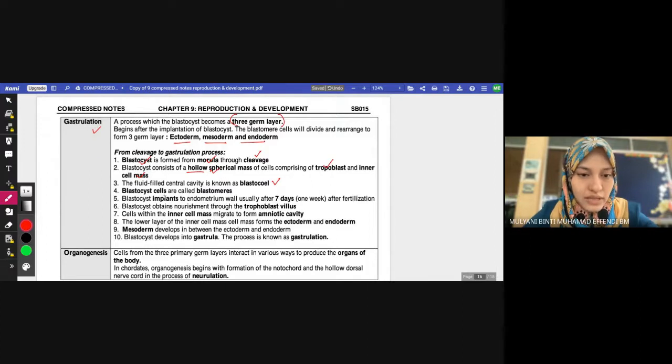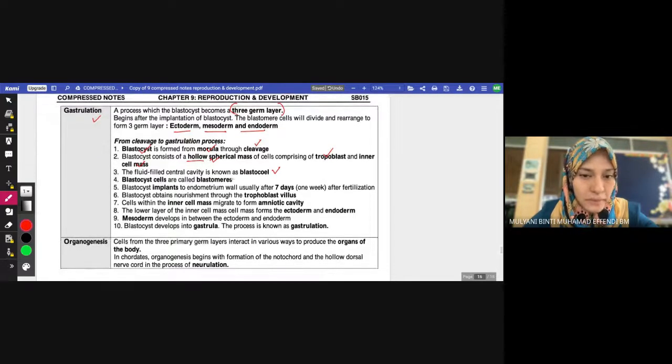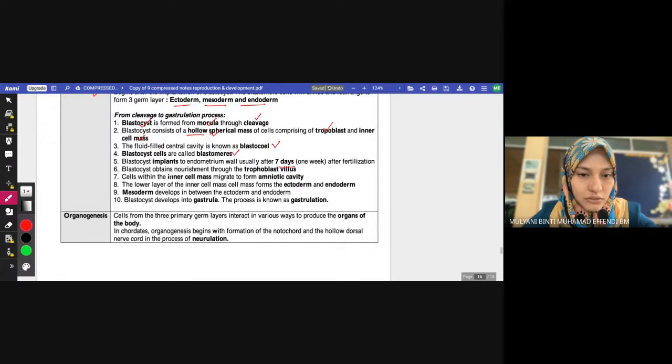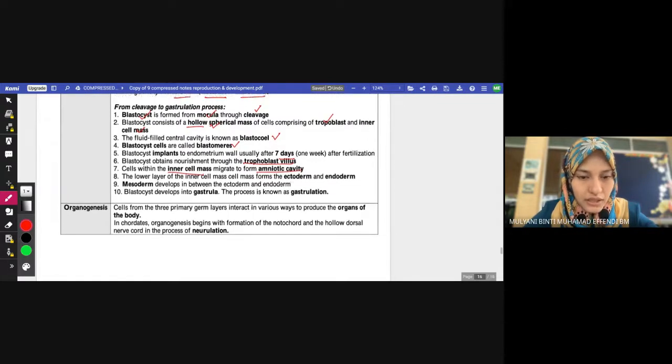Okay, blastocyst cells are called blastomeres. So sel dalam blastocyst tadi tu dipanggil sebagai blastomeres. Right? So blastocyst implants to endometrium wall usually after 7 days after fertilization. So blastocyst obtains nourishment through trophoblast villus. Ni pun dah sebut tadi juga kan. Yang inner cell mass akan jadi amniotic cavity. Okay. And the inner cell mass akan